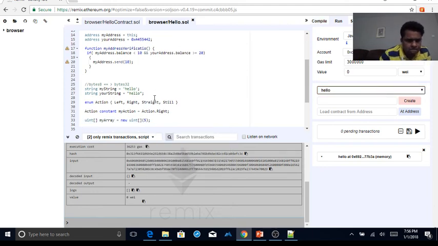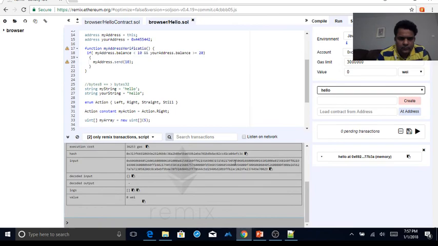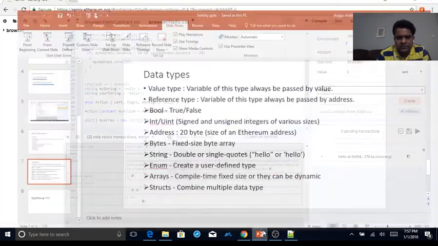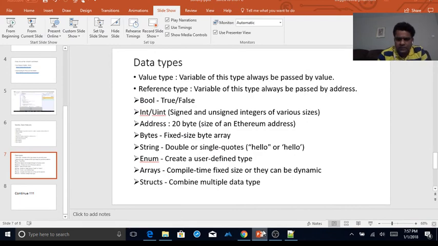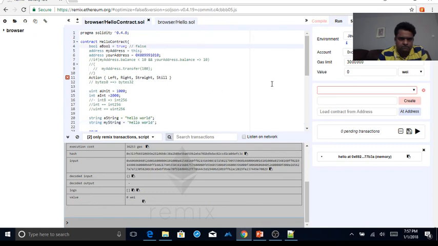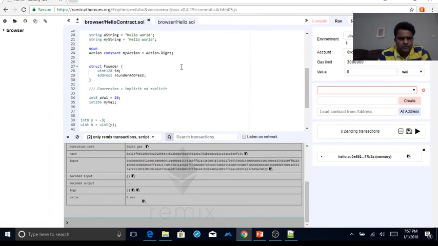Next is struct. A struct is a user defined data type. You can combine multiple data types for creating a struct. Let's say for example, I have created